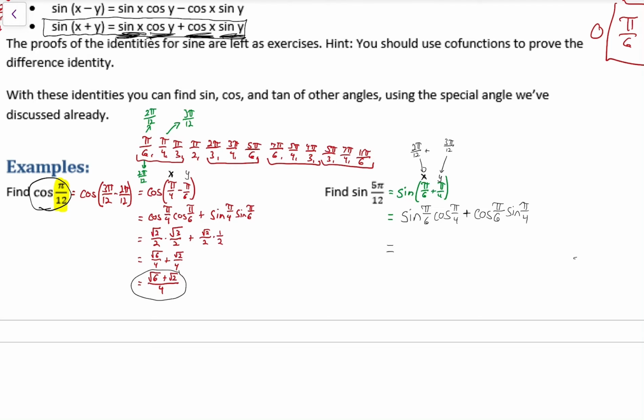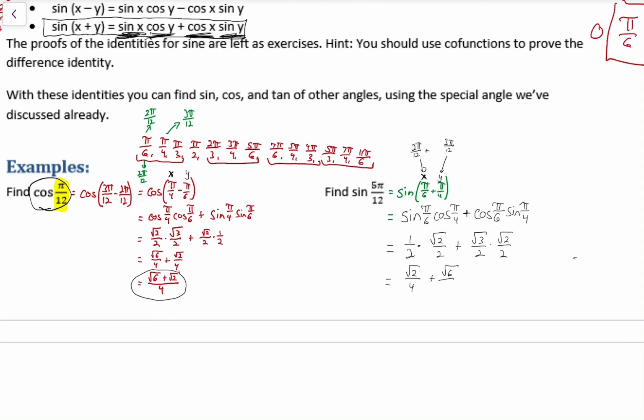And we go ahead and simplify. Sine of pi over 6 is 1/2. Cosine of pi over 4 is root 2 over 2, plus root 3 over 2 times root 2 over 2, which gives us root 2 over 4 plus root 6 over 4,